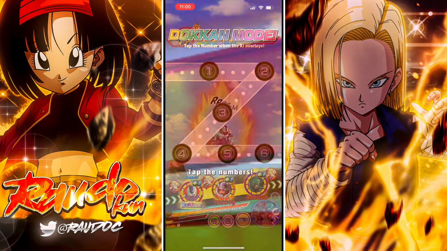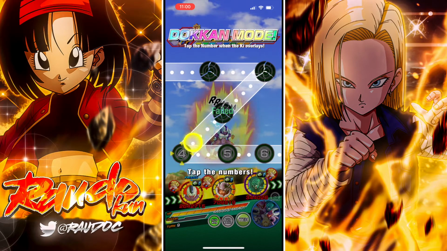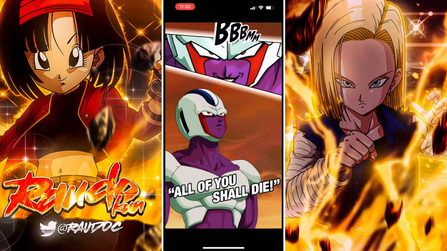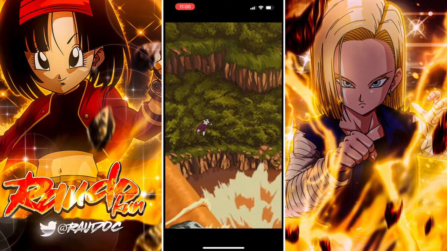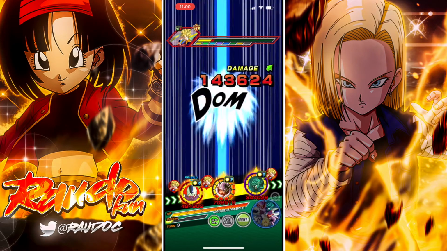I just did not want to get damage in here. I'm not gonna do this Dokkan attack. I don't want it because we don't need it. I also don't want to kill this Goku with a full hit. I don't think he will die. Obviously, yeah, he's full HP. He's not gonna die. I would have done it, but